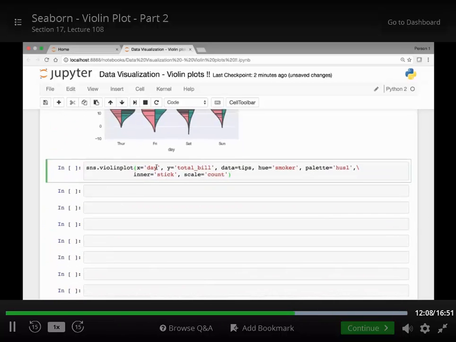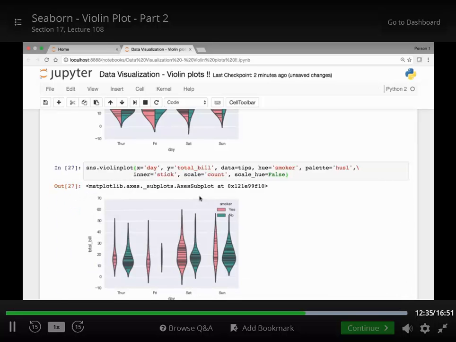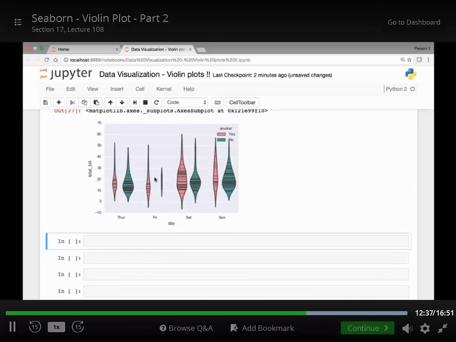So I copied the above. We have day on the x-axis, total_bill on the y-axis, data comes from the tips dataset, hue is smoker, palette husl, we have inner as stick, scale is count, and we'll pass one more attribute known as scale_hue, scale underscore hue, and we'll set it equal to false. Now if I run it,